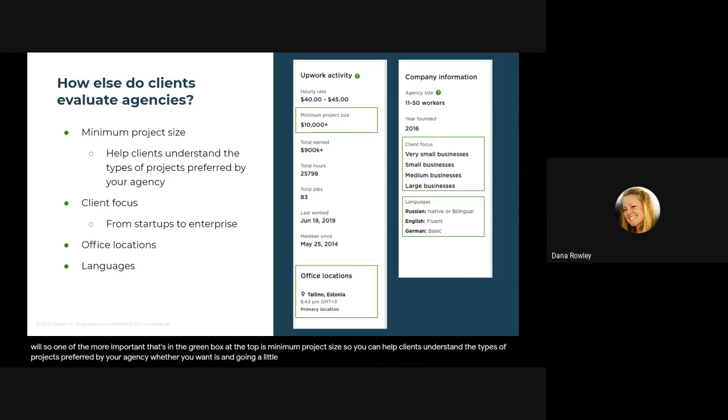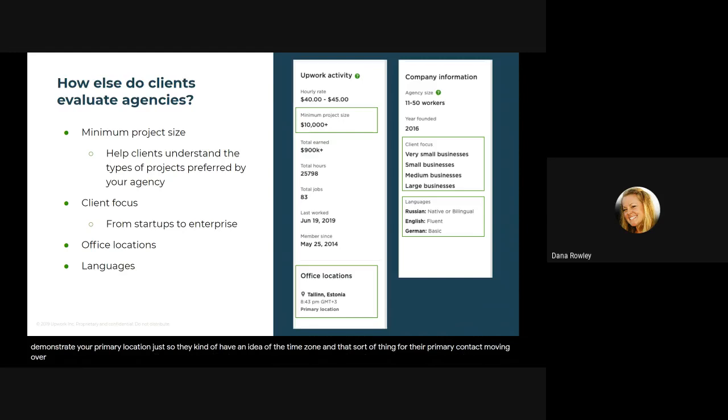And going a little further down, you can see office locations. So here you can show clients if you have a physical location for meetings or walk-in appointments. If you're a globally distributed team, you can demonstrate your primary location, just so they have an idea of the time zone and that sort of thing for their primary contact.